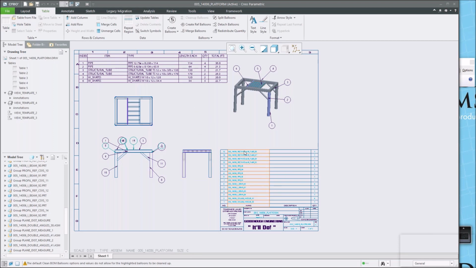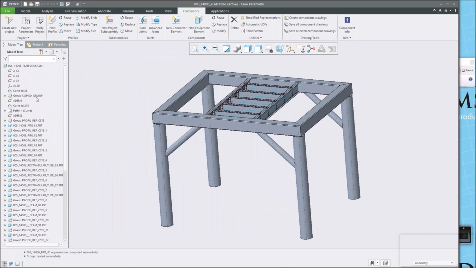All right, so each one of those can be set up inside of here. So now this image relates to that bomb and this image relates to that bomb. Of course, we can clean them up, move them around however we want to. Once again, this is just more for visualization. And once again, this is a live bomb, which means if I come back in here and I want to go in and change this overall height,